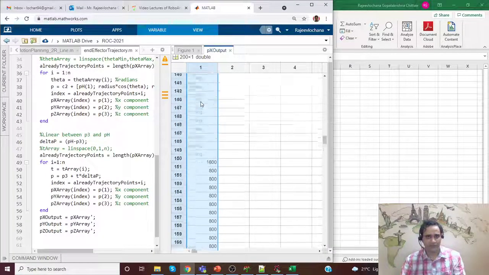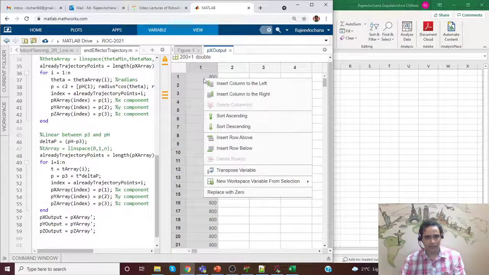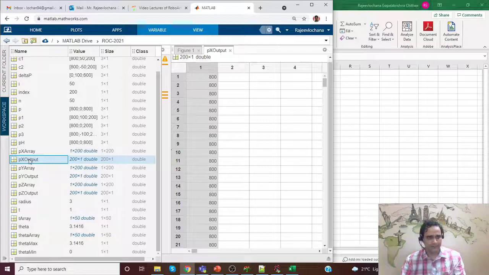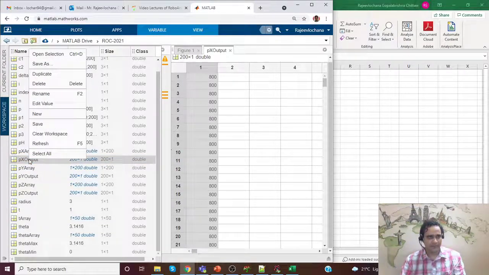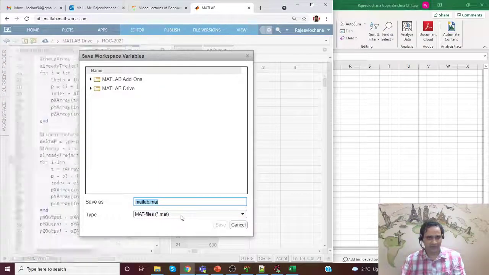I'll just figure out, is there any other way I can copy this? No, there isn't much. Is there any way I can copy, save? Okay, let me try to save this as .mat.